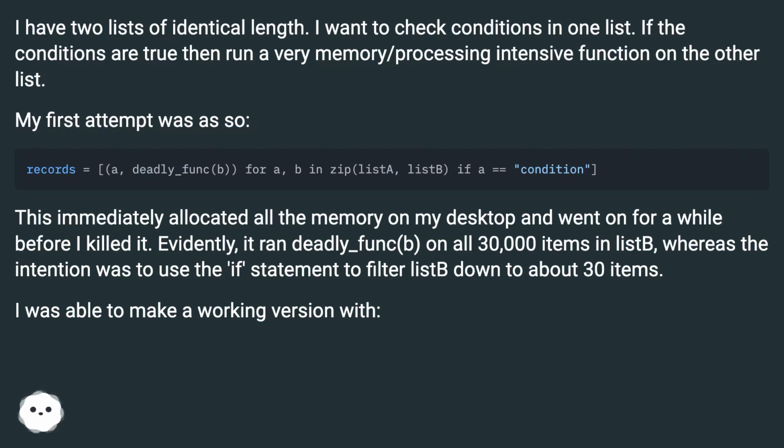This immediately allocated all the memory on my desktop and went on for a while before I killed it. Evidently, it ran deadly_func b on all 30,000 items in list, whereas the intention was to use the if statement to filter list down to about 30 items. I was able to make a working version with